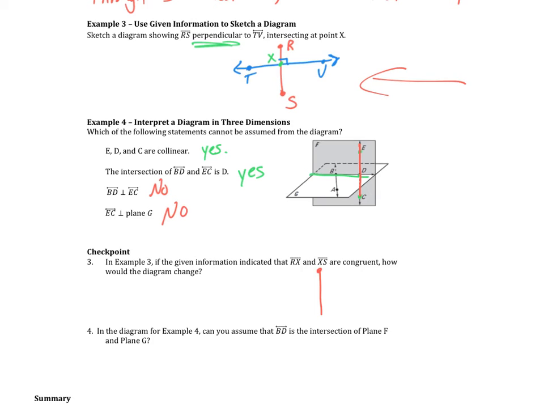How would it change? And this is actually something that we had some mistakes on our quiz. So I'm going to draw the same exact diagram, except for if RX and XS are congruent, so we have X right in the middle, we have to mark it like that, and it's got to go through the middle